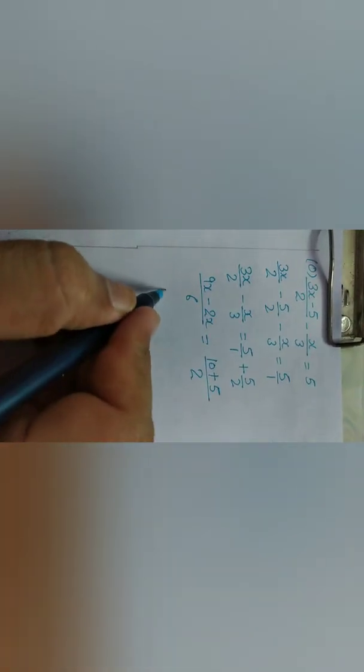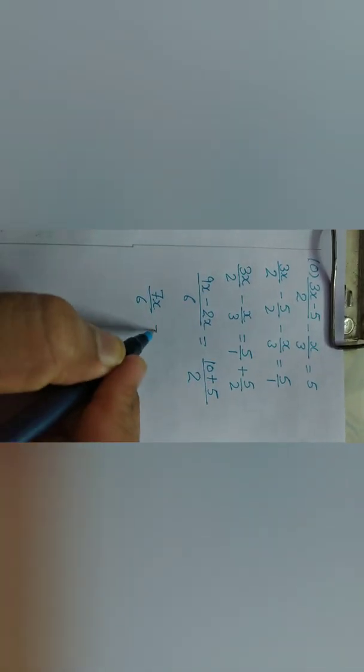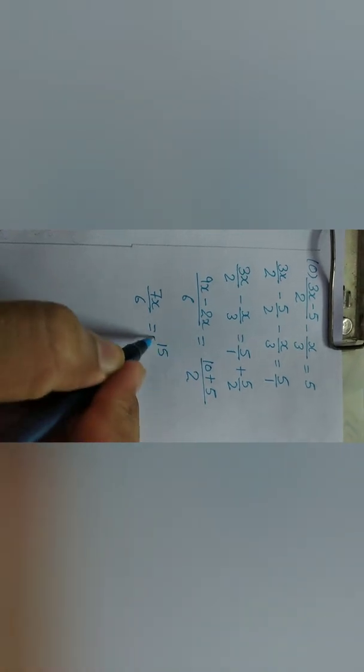Now take the LCM of both the sides. The LCM of 2 and 3 will be 6. In the table of 2, when does 6 come? 3 times. So 3x multiplied by 3 is 9x. Right? In the table of 3, when does 6 come? 2 times. So 2 multiplied by x is 2x is equivalent to the LCM of 1 and 2, which is 2. In the table of 1, when does 2 come? 2 times. So 5 2s are 10, plus in the table of 2, when does 2 come? 1 time, so 1 5 is 5. 9x minus 2x is 7x upon 6 equivalent to 10 plus 5, 15 upon 2.